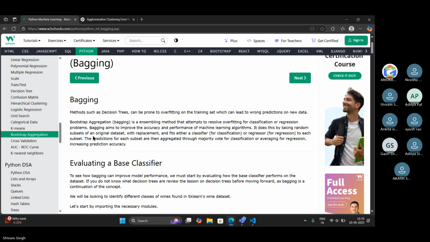You will get a solution. You have just seen that Shivam did not execute some code, but I asked him to search for it. He searched in ChatGPT, he got the solution, and that code will run.